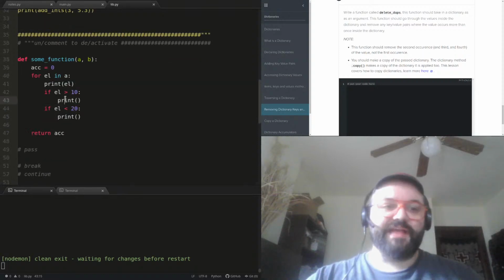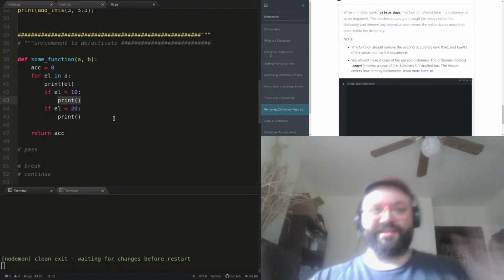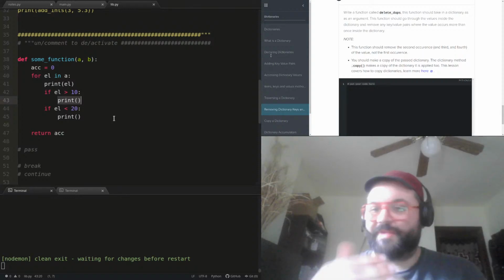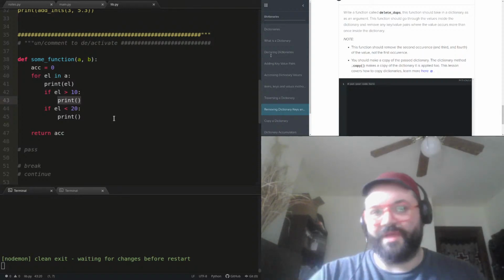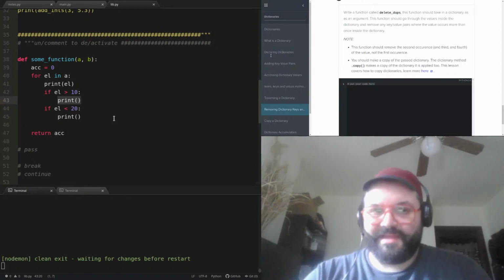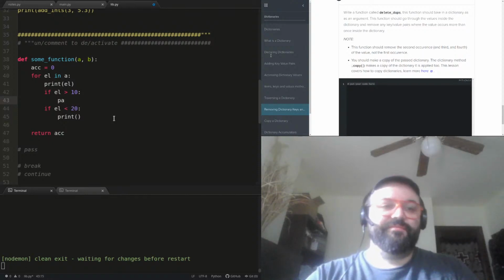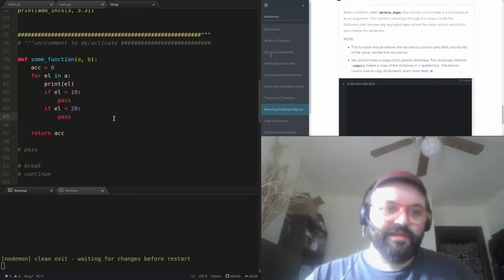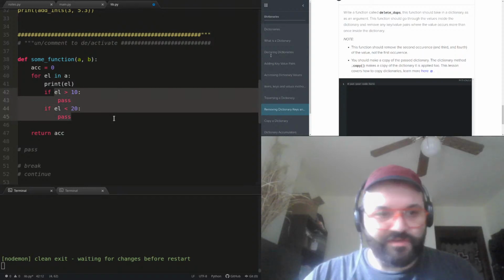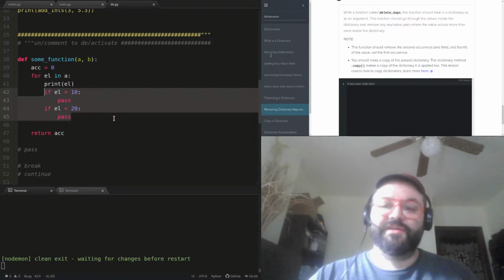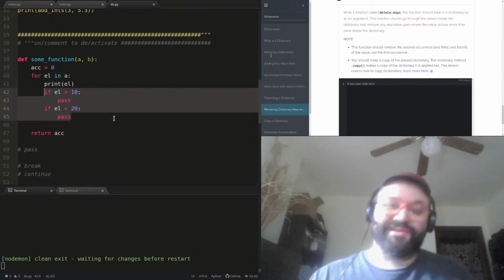So you could do that. And I did this for a long time just because I was like, oh, all right, you need something there. I'll just put an empty print. You don't want to do that because that might mess up what you're printing. It's going to print new lines and it might be confusing. So instead of running a print command, why do that when I could just say, hey, Python, I know that's empty, but things are going to be okay. I promise. I got you. I know what's going on. I meant to leave those empty. Just don't even do anything. I'll get back to it. And Python's like, okay, I trust you. You said you're going to pass. You know what you're doing.